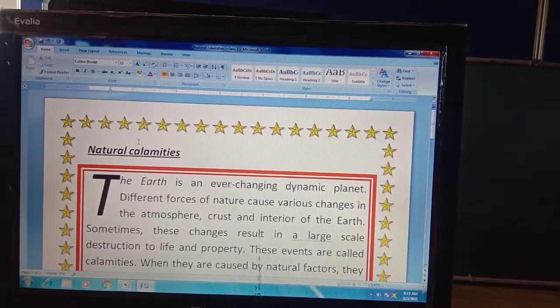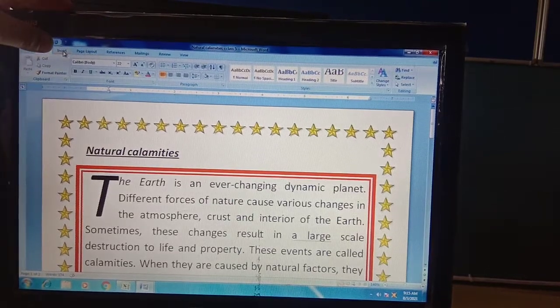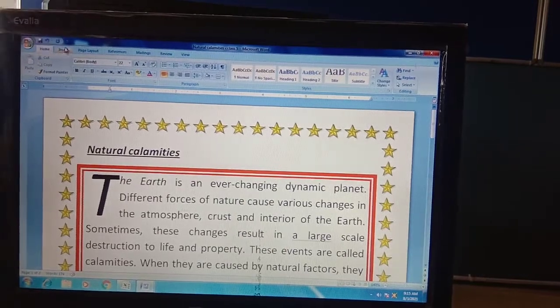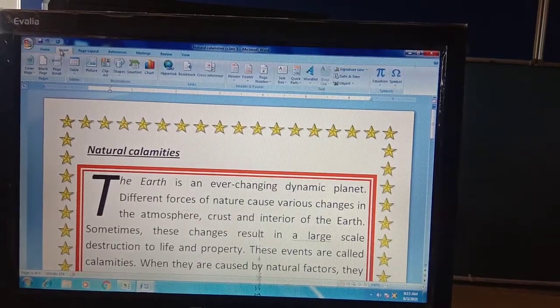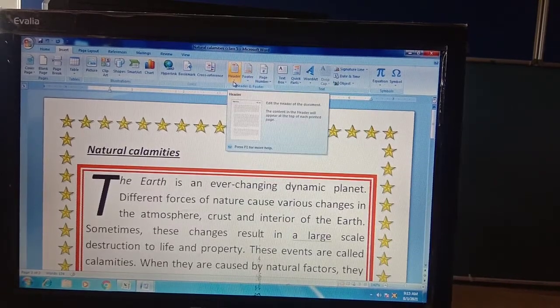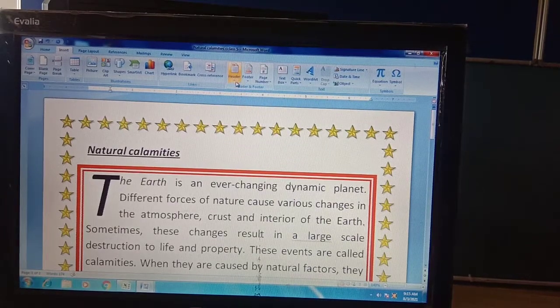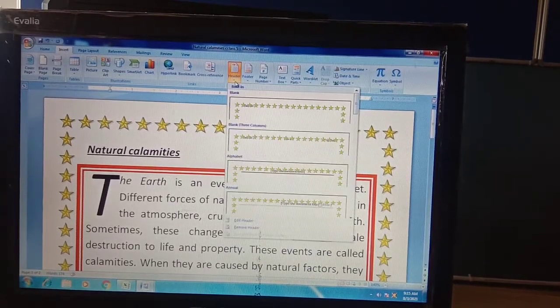So now how to create header and footer? To create header and footer, one option is you can go to the Insert menu. You have to click on the Insert tab, and then there is a Header and Footer option. If you want to create a header, like your book name or a topic name, for example my topic is natural calamity, or this is a document of Horizon School, so I want to write Horizon School at the top.